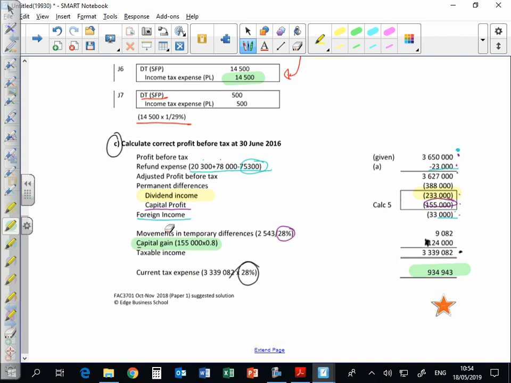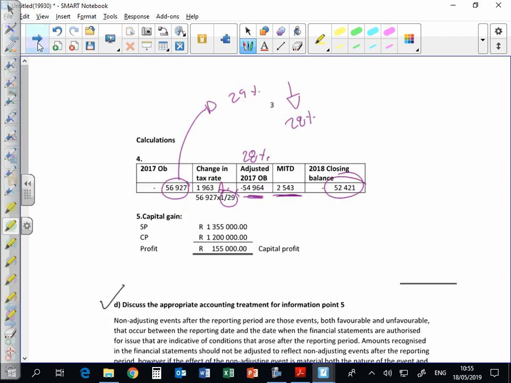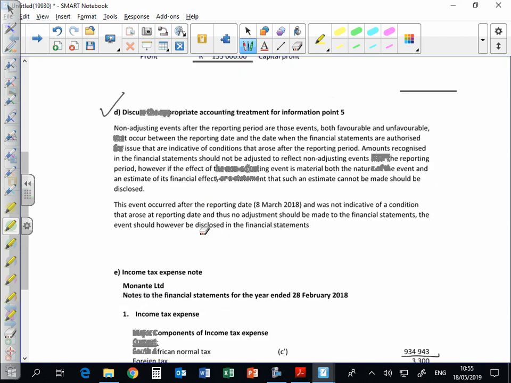It mustn't be negative. It must be positive. I'm not sure if this amount is then correct or not. Is it correct as a positive? Okay, so that was just a typo. The amount is calculated correctly. This 934,943 goes then to our tax note,